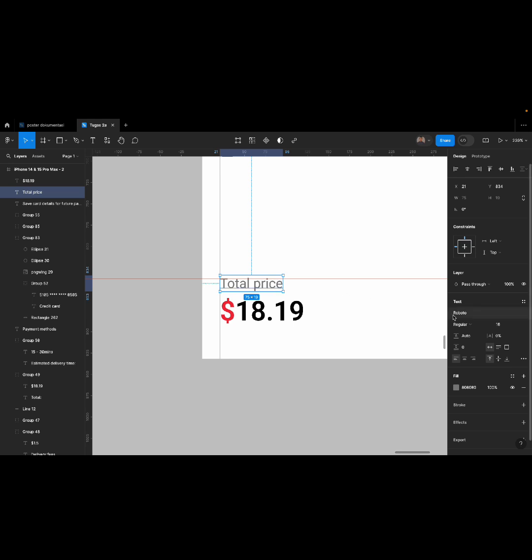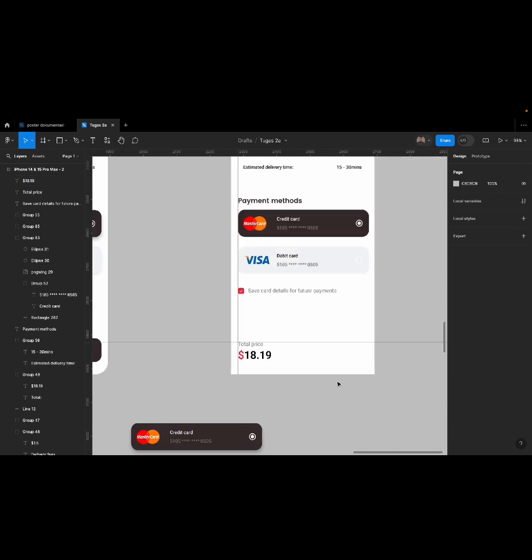Add the text with the Roboto style and regular for the text of total price and 16 size, but the number of price is Roboto and the type is semi bold with the size 32.